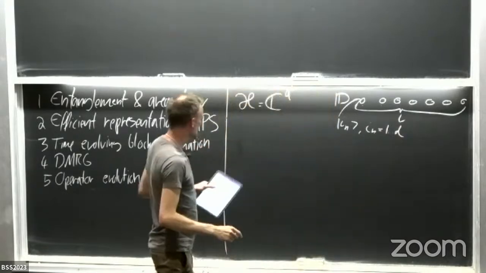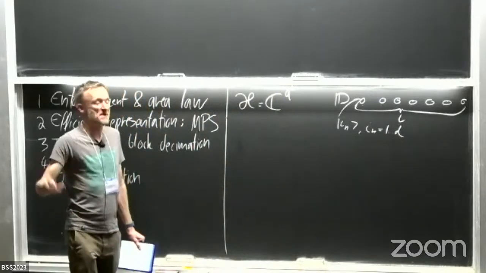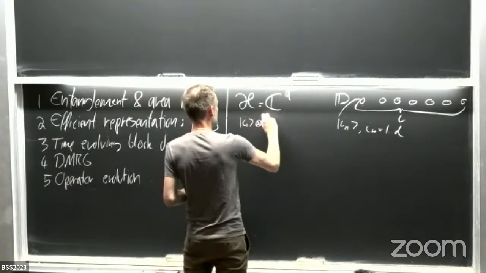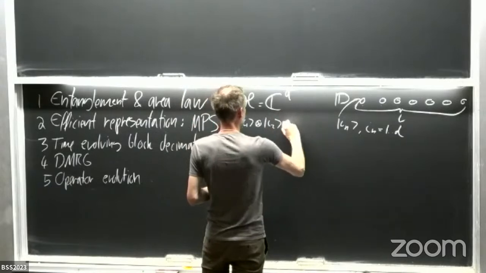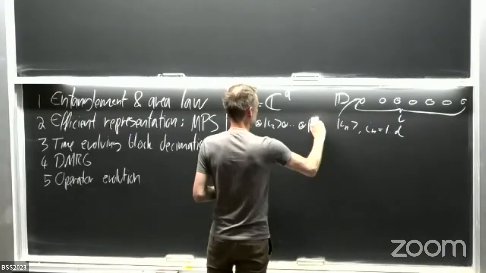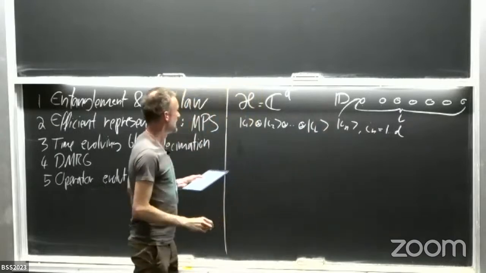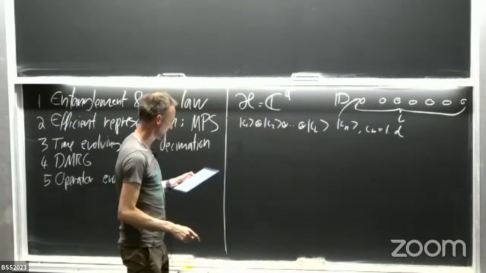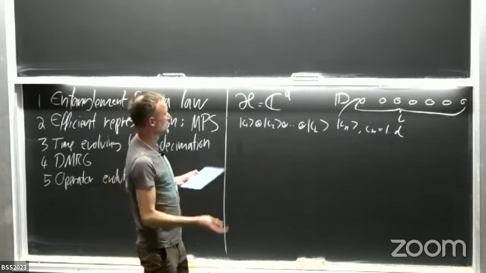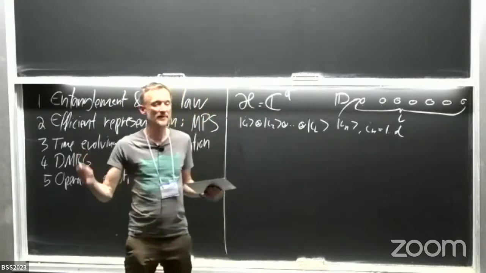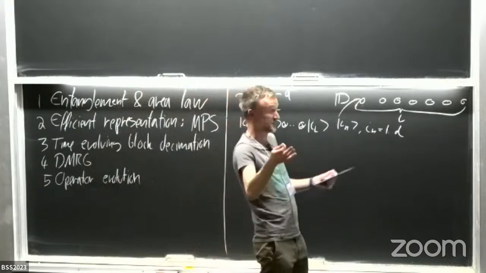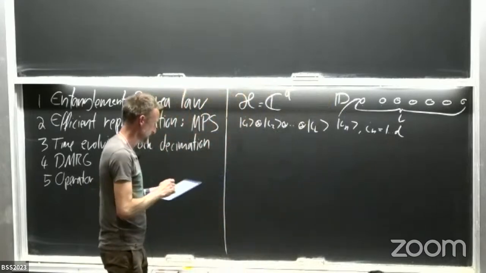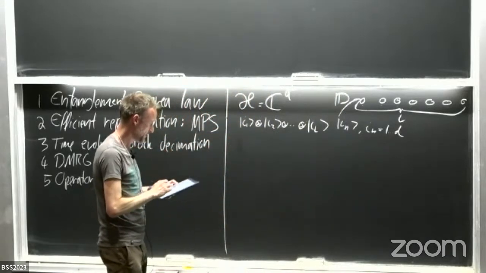So now I can write down a basis for my many-body Hilbert space, which is the tensor product of my local states. Here we have the tensor product of our local Hilbert spaces. In the case of a spin-1/2 system, which is what I'm mostly going to discuss in this course, and was also discussed in the previous lectures, d is simply 2 for a qubit, 0 or 1, or for a spin up or a spin down.